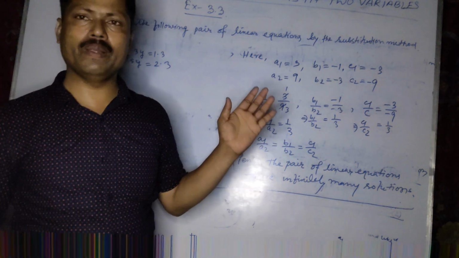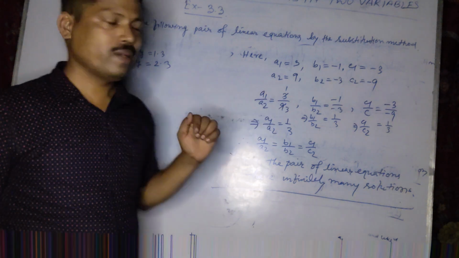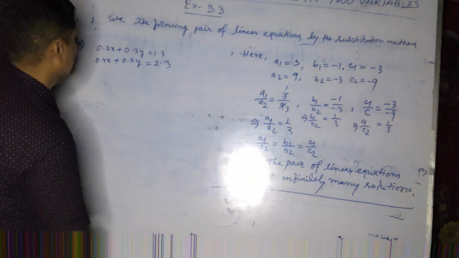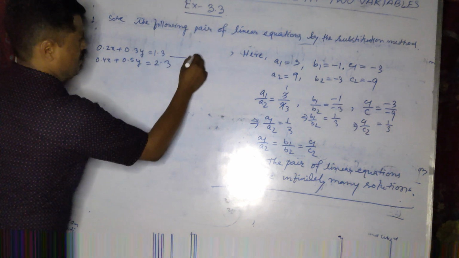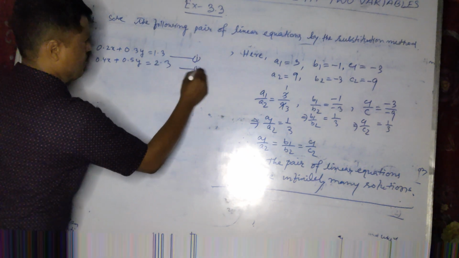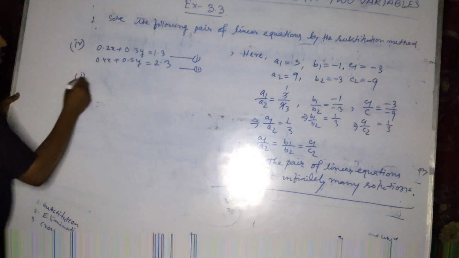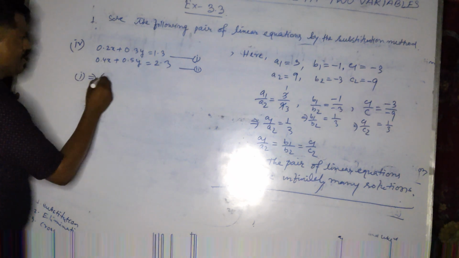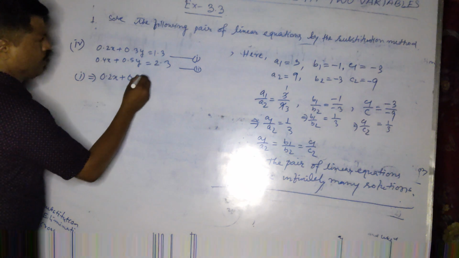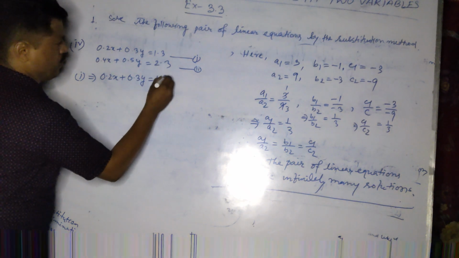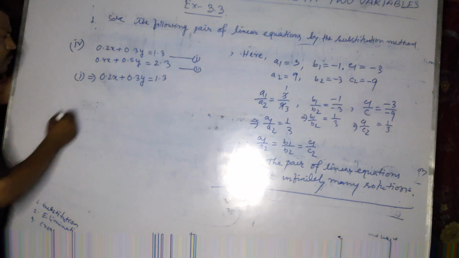So without decimal points also we can solve this. We just have to write in fraction first. This is equation number 1 and this is number 2. So from 1 we have to write like this: 0.2x plus 0.3y is equal to 1.3. This we can write like this: